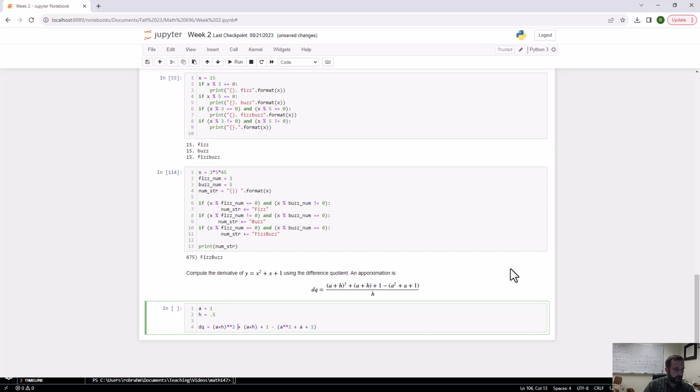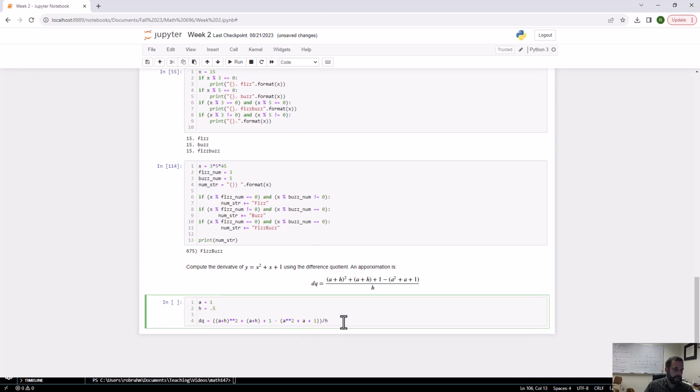If you want, you can go ahead and simplify and cancel out those ones. I'm just going to leave it like this for now. And we're going to divide by h. And then we want to print dq. Or let's say we'll do this: the derivative is approximately equal to,